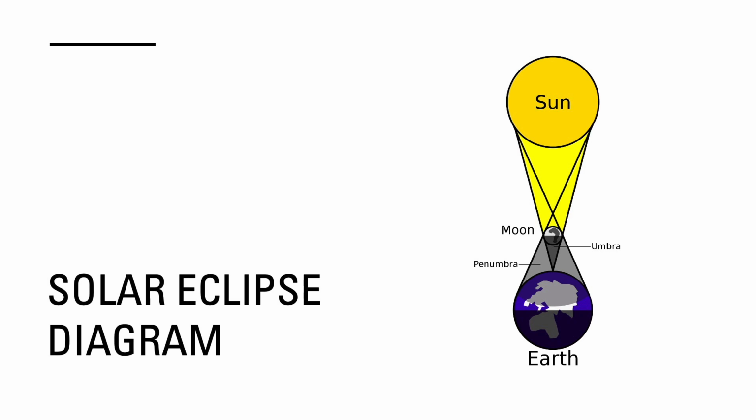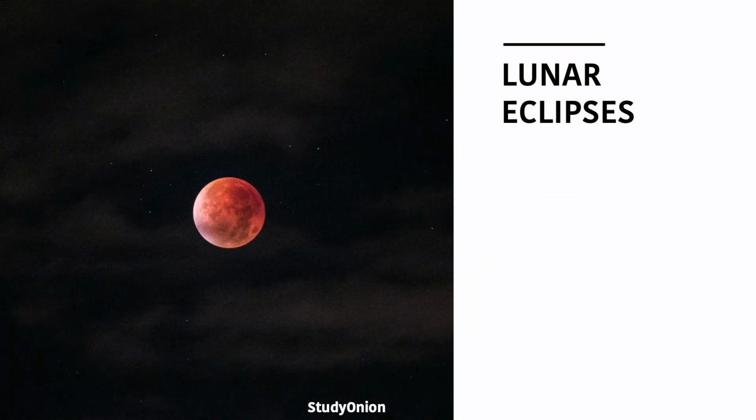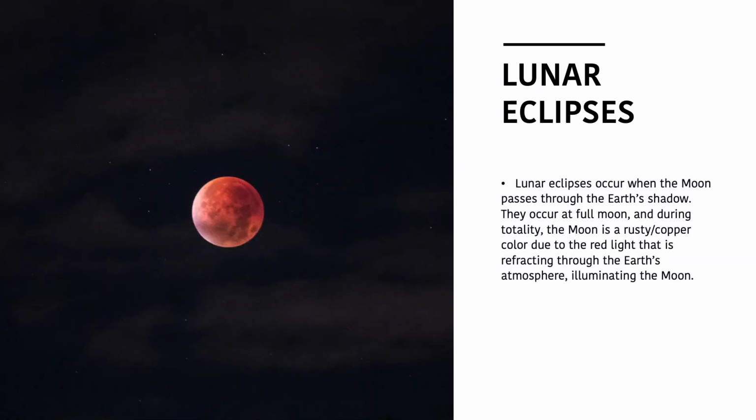Solar eclipses happen at new moon, and they only ever last for a few minutes. So let's take a look at lunar eclipses. Lunar eclipses occur when the moon is passing through the Earth's shadow, and they actually happen during full moon. And during totality, the moon is a rusty copper colour due to the red light that's refracting through the Earth's